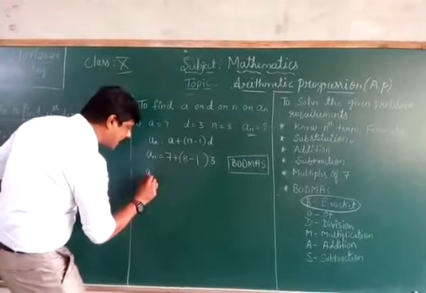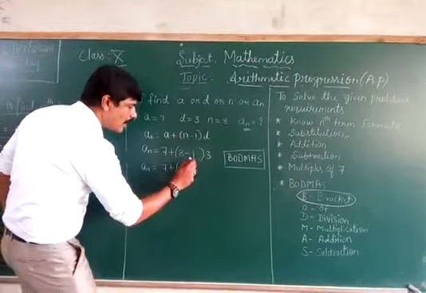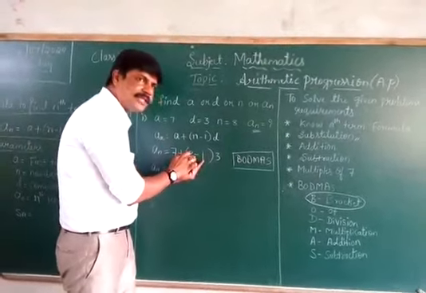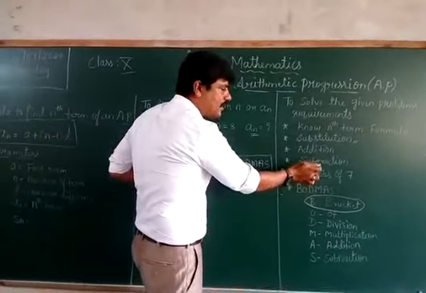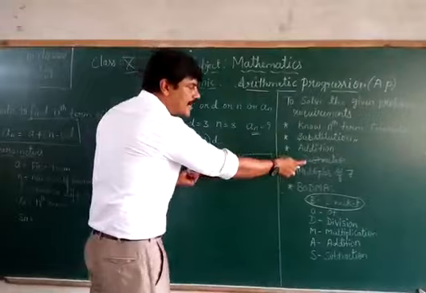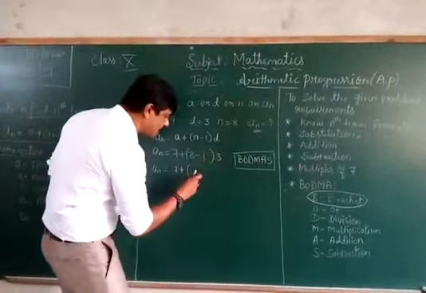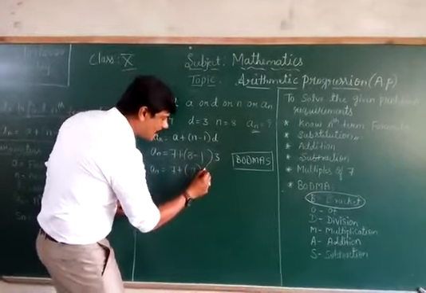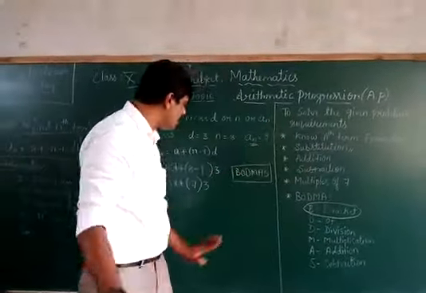So write AN is equal to 7 plus. What is there inside the bracket? Only that operation first. Inside the bracket, what is there? 8 minus 1. 8 minus 1 is nothing but subtraction. You should know subtraction for this problem. That's why it is written 8 minus 1. I think everybody knows, 8 minus 1 is nothing but 7. So the bracket, again bracket. Then what is there after that? 3. First step, bracket. That bracket work is finished now.